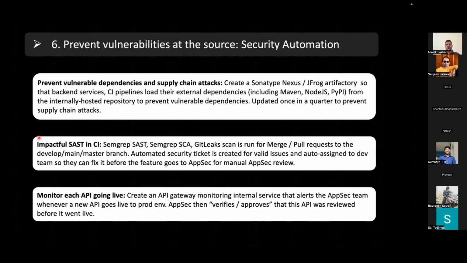Whatever they want to do in terms of stage, they are free to do. But security should kick in as and when they want to start pushing their code for production. So whenever somebody is trying to do a merge request or a pull request into develop, main or master branch, then your security should kick in.